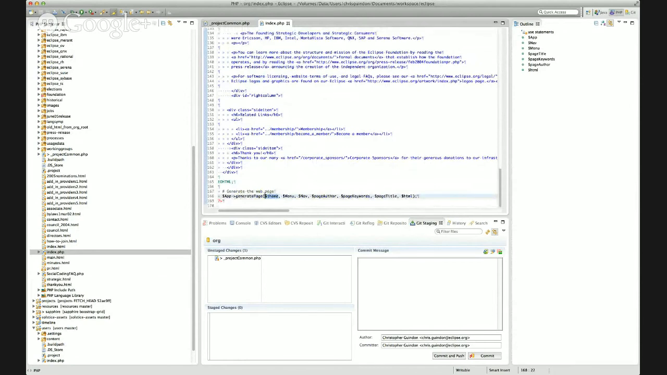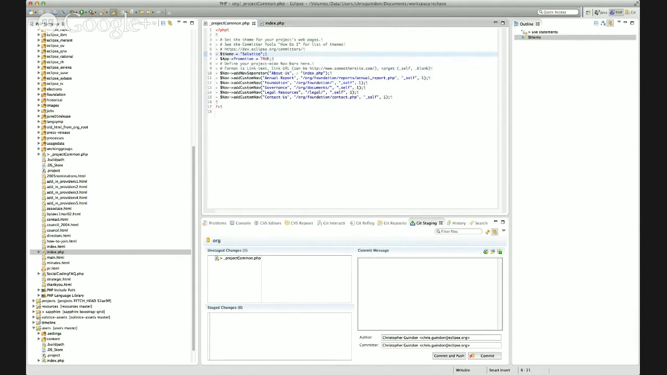You could also set this to null, and by setting this to null, you assure yourself that if we ever push out a new theme, you would always be using the latest default Eclipse.org theme. But if you would like more control, you probably want to set this to whatever the last theme you've tested your page with. So I switched this to Solstice, and if I go to